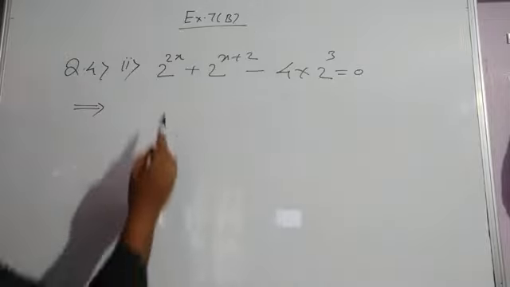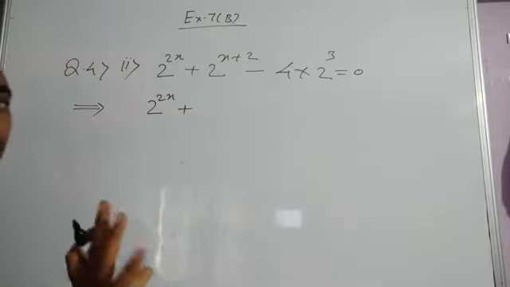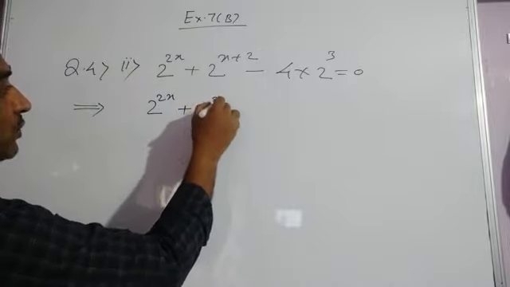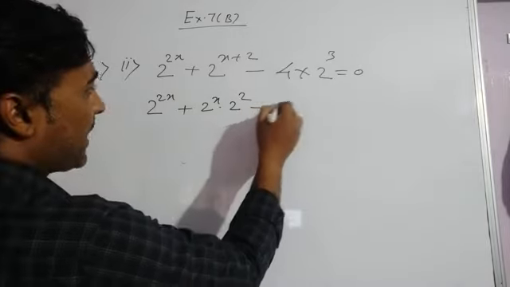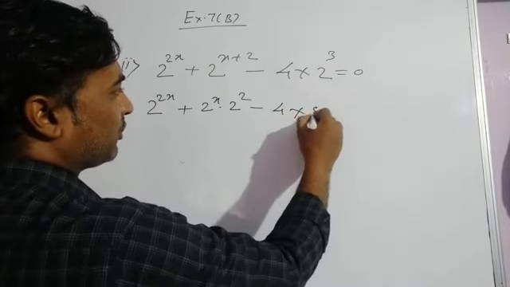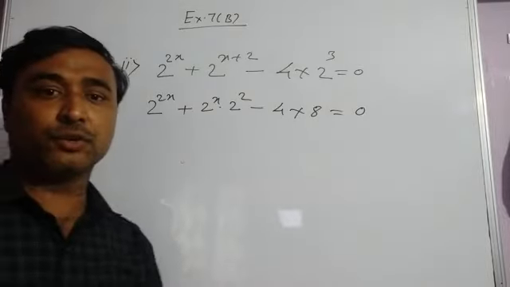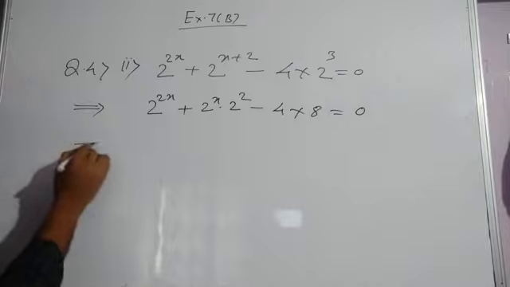Now if you see, here it is 2 raised to 2x, so I'll write it as it is. The first maximum possibility that I can see in this question is that I can separate the indices: 2 raised to x into 2 raised to 2. That is what I can do at maximum, isn't it? Minus 4 into 2 raised to 3, which is 8, is equal to 0. When we simplify any question, we need to find out the maximum possibility from our side, that what can be done.